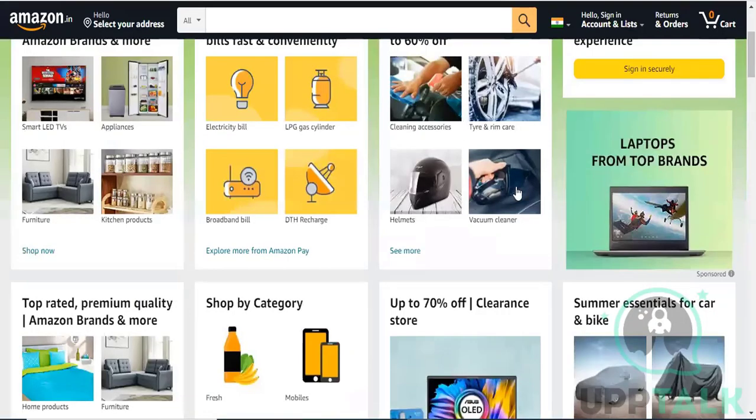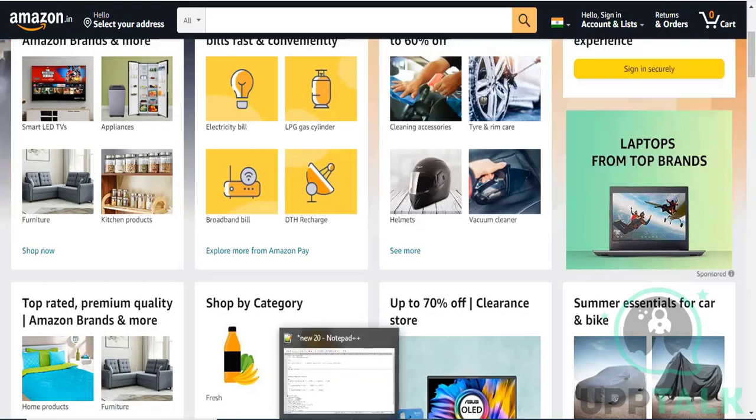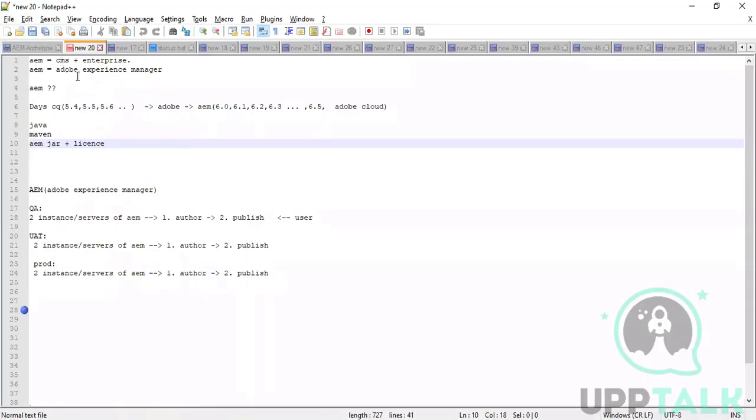This layout of course cannot be changed, but the content of this website can easily be changed and updated on the fly. That can be done with the help of a content management system, which is basically a tool that manages the content of your website.